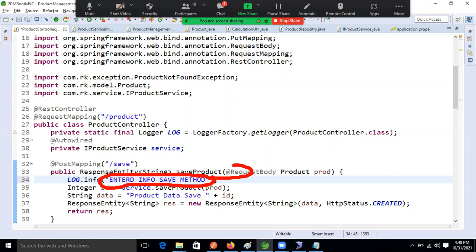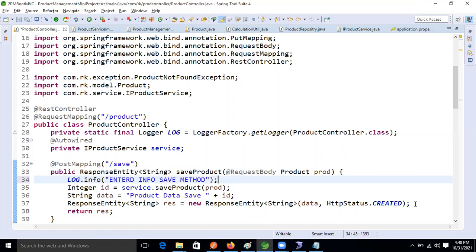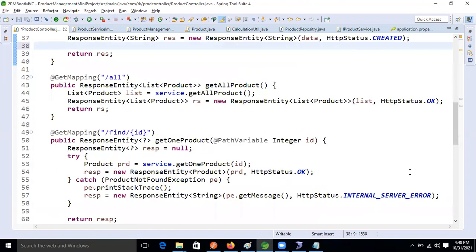After that, if we successfully get the final result, then what is the final result? We are getting this data on our browser, guys. So this final result we also need to give in the logging file. So what will we do now, guys, where we are implementing the response entity, right?